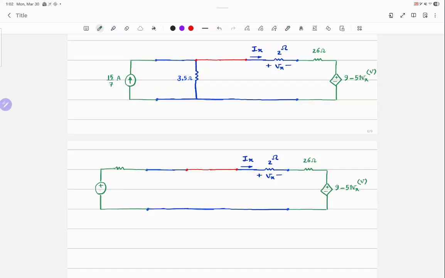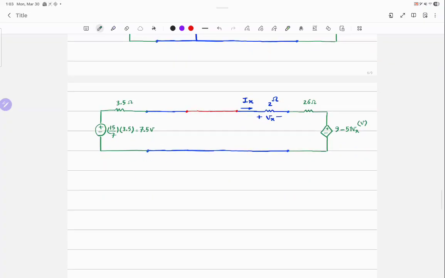What is the value of the voltage source? 15 over 7 times 3.5, which is 7.5 volts, and this is 3.5 ohms. And finally,